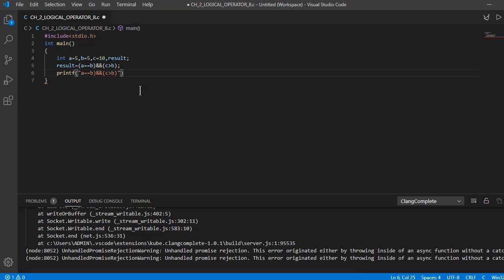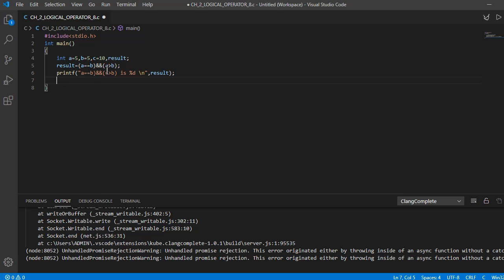Now it will become a string because it is in the double quotes. Is %d \n, then result, which is another variable. This printf function is used to print the result of these expressions.